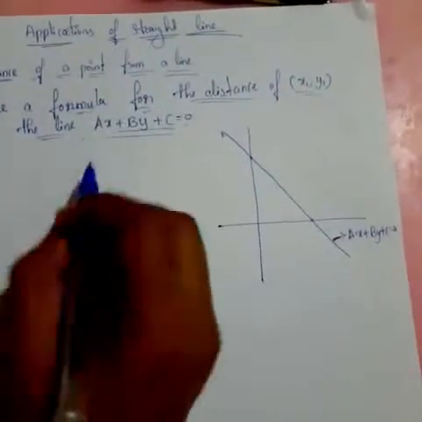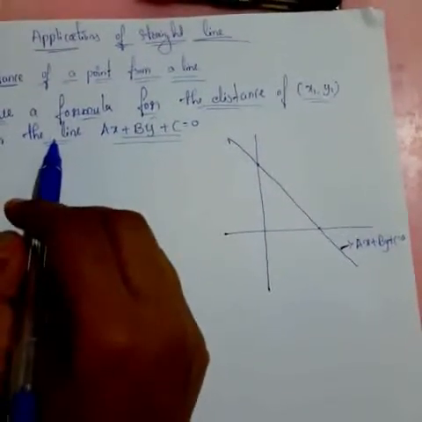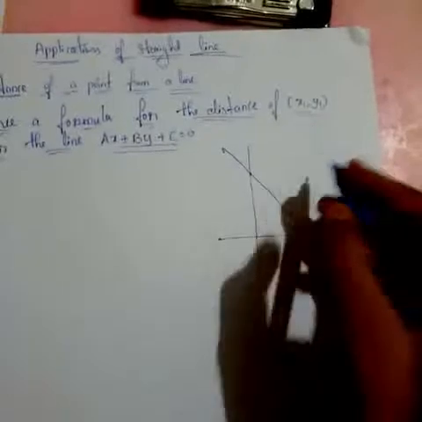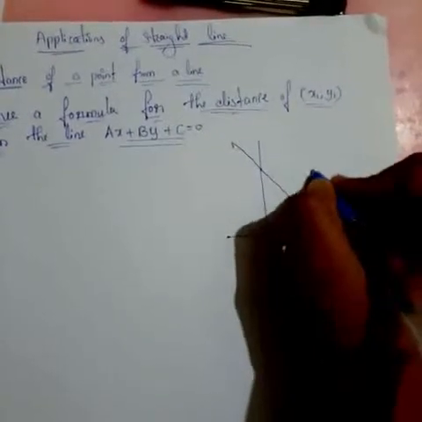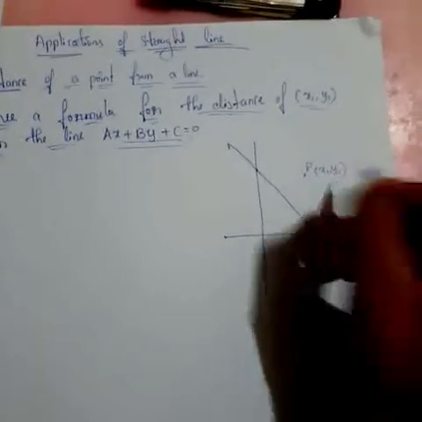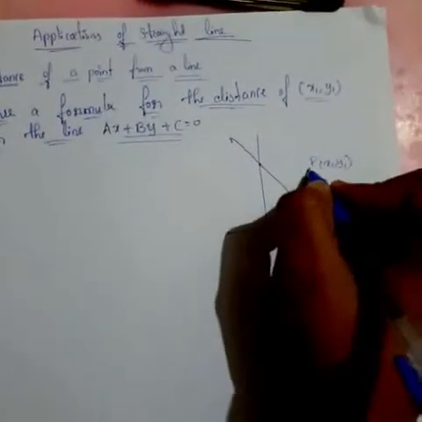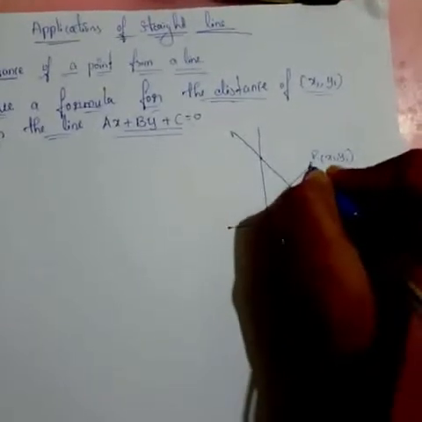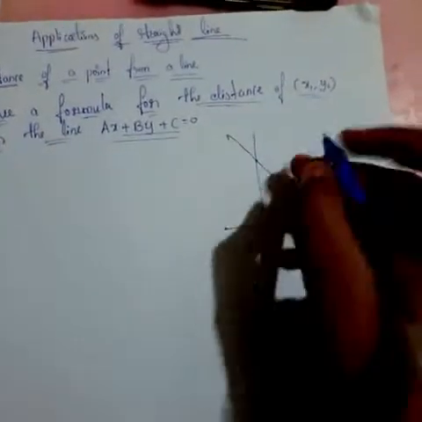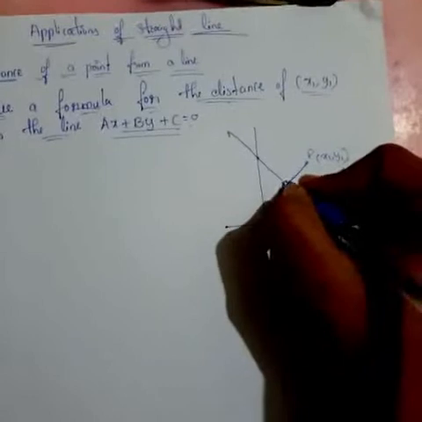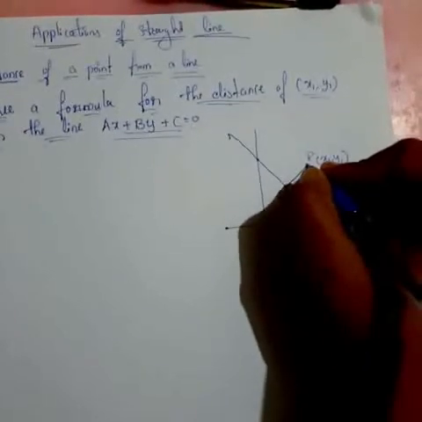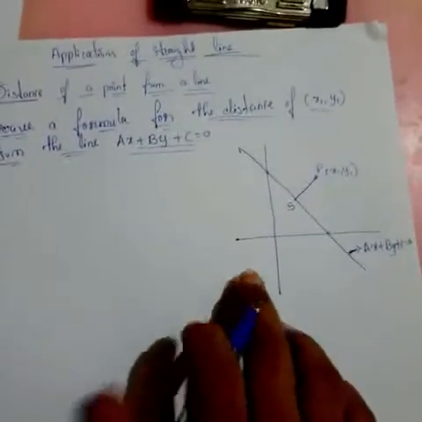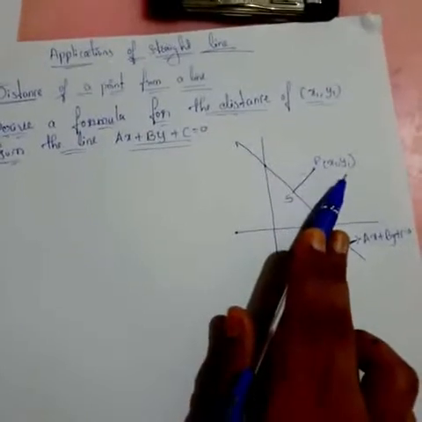Okay, then next, see here, our main intention is the distance of x1 comma y1 from the line. Suppose this point is P, x1 comma y1. We need a distance. We want what? Distance from this point to this line. Perpendicular distance means perpendicular distance from P. Suppose this is S. I need the distance between P and S. This is the main concept. See here, the point is P, x1 comma y1.